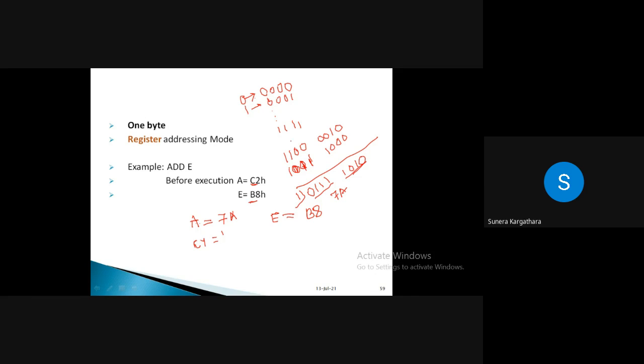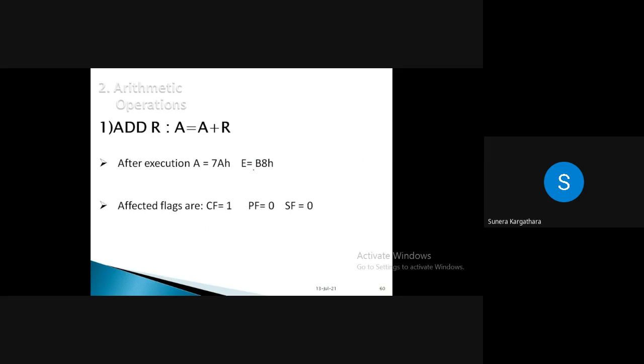Are you getting my point, student? Yes, ma'am. So in case you are not able to go for direct addition, otherwise B plus C, if you know it is 17, then 7 and 1 is carry, right? B plus C is 17. So 7 is the number that will be stored in your accumulator, and 1 will be reflected into the carry flag. So after addition, after execution, your number 7A is stored into the accumulator. Content of E remained as it is, which was B8. Okay, carry flag will be set to 1. Your content was 7A.